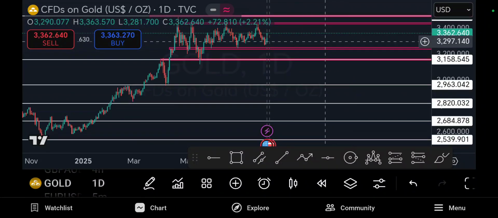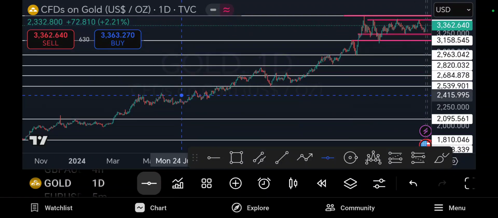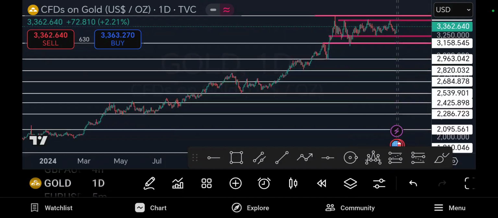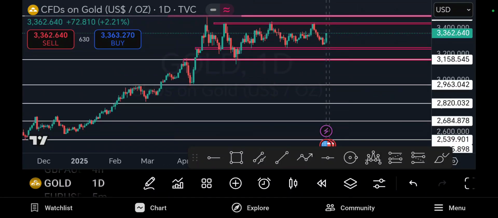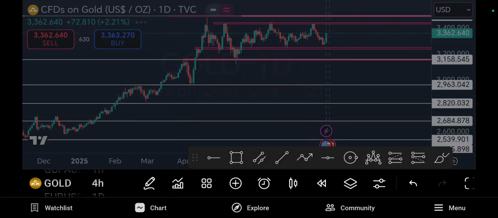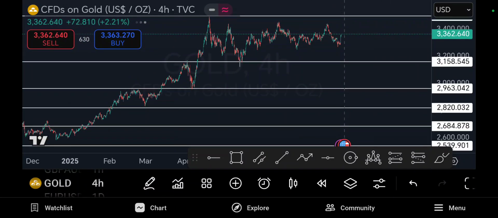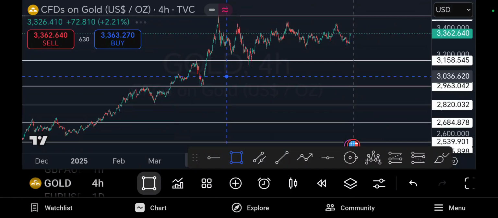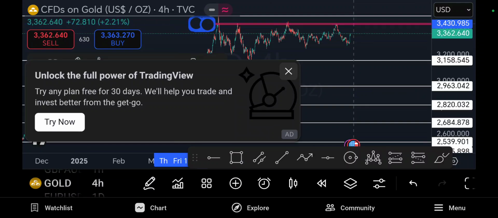Right. And as we all know, gold is a bullish market. Bullish market meaning it's a market that always pushes to the upside. It's not that it's never selling, but it's a bullish market. Like if you were to enter a gold trade, a buy,